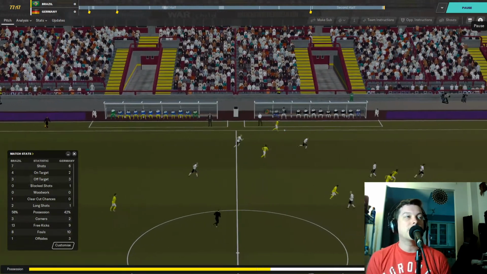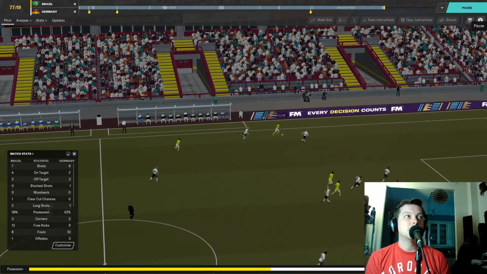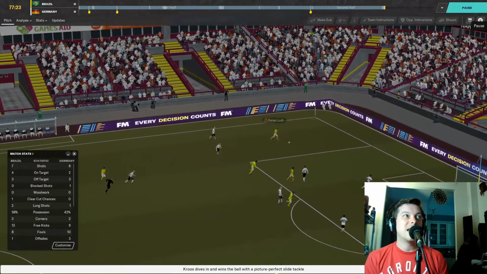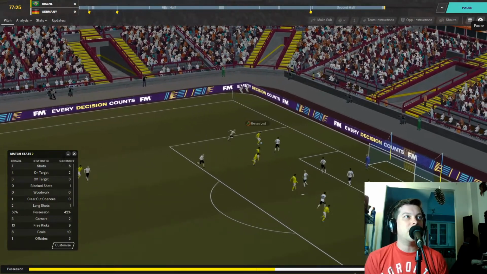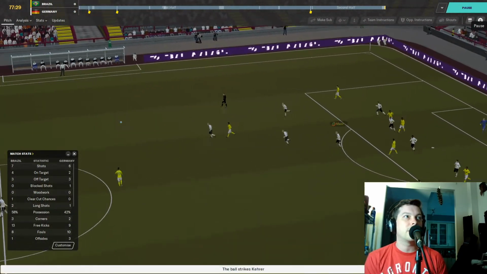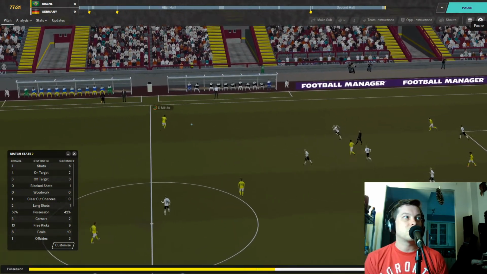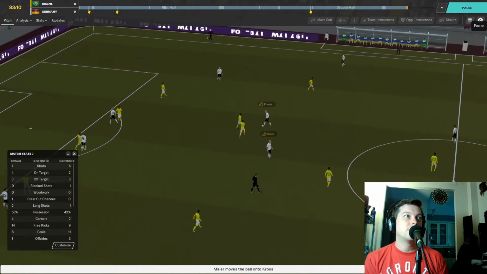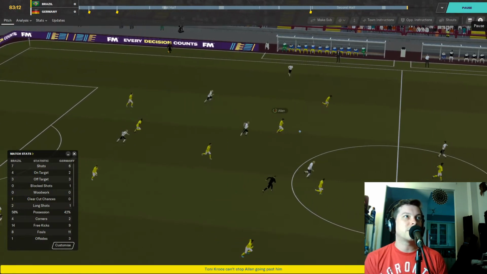Henan Lodi down the left-hand side. Lodi bolting forward. Cruz tries a tackle. He beats it, though. Henan Lodi still going, crossing into the area. Is he going to get a pass away? He does. Vinicius Jr. tries a shot, and it's cleared by Meyer. Another clearance from the Germans. Dangerous chance for Brazil. Meyer now.